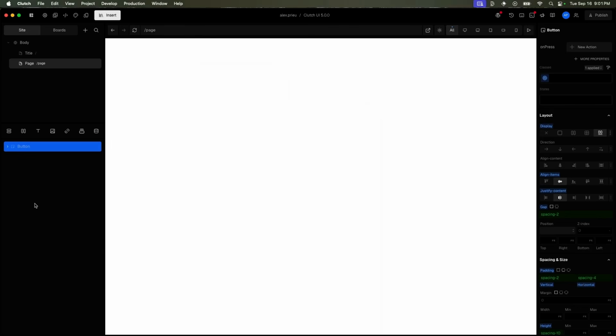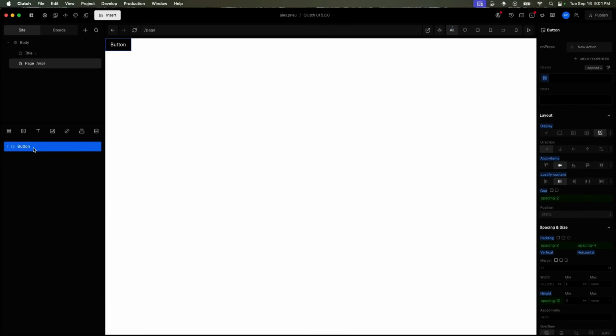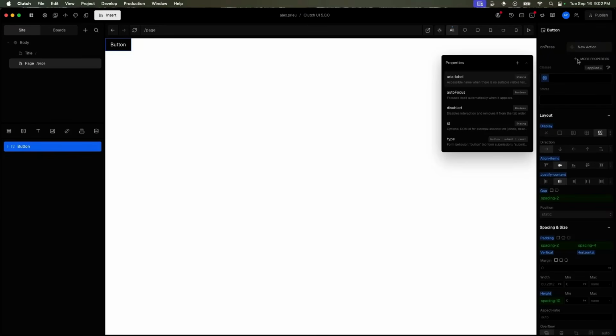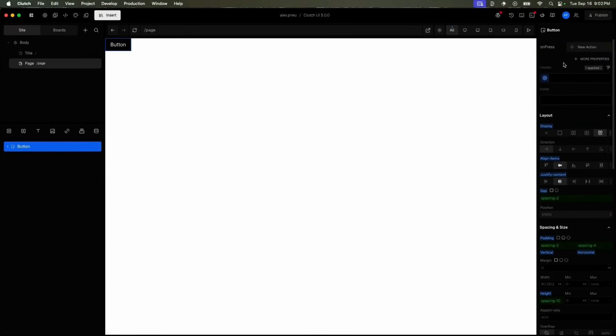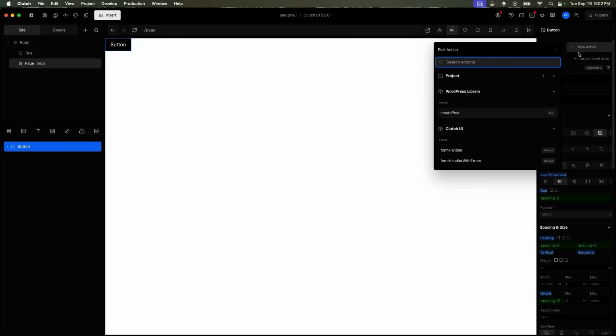So at the very basis, when you add just a plain basic button, you get a button with an on-press property already exposed to you. There are more properties that you can use with button by searching and opening up the more properties. And this is the same for all of the other components within the Clutch UI library. So we'll give you what we believe for that given template or certain type of styling. We'll give you the property that we believe that you'll need or that you're most likely trying to work with. So in this case, an on-press event, and you can use this on-press event